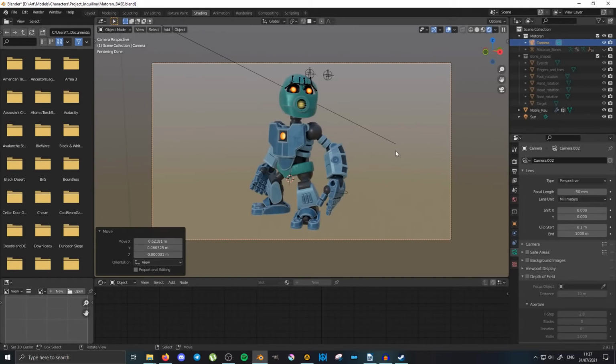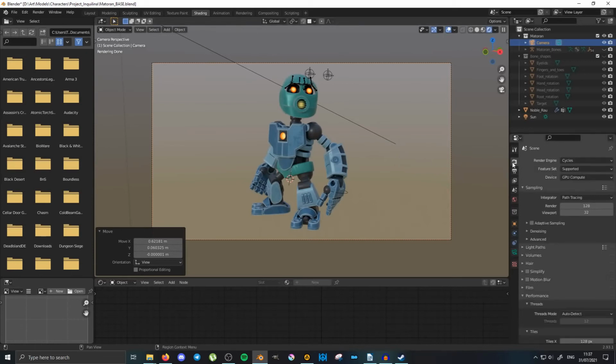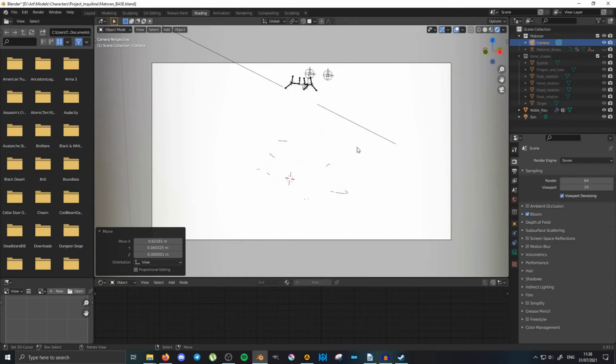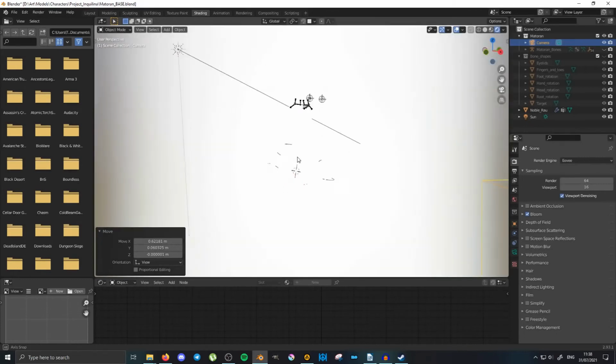Oh, and there's the dog again. You can change render mode by going up here to this camera thing, and then change render engine from Cycles to Eevee. But as you can see, it immediately goes ballistic